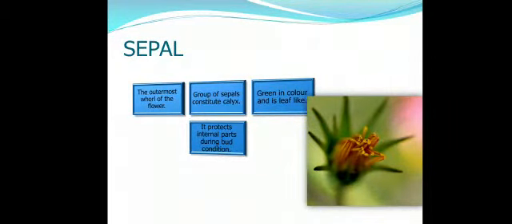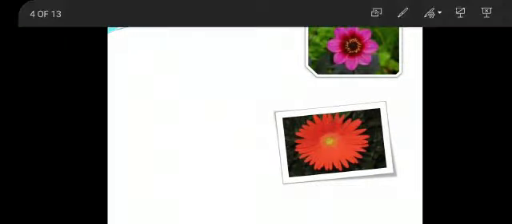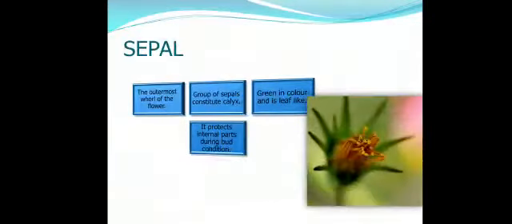Now see, a flower has four whorls. These four whorls are sepals, petals, stamen and pistil. Now one by one I'll tell you. Now sepals. Everyone of you must have noticed green leaf-like structures present at the base of the colored part of the flower, or above the stalk of the flower, and these are known as sepals. The function of sepals is to provide protection to the flower in its initial or bud stage.